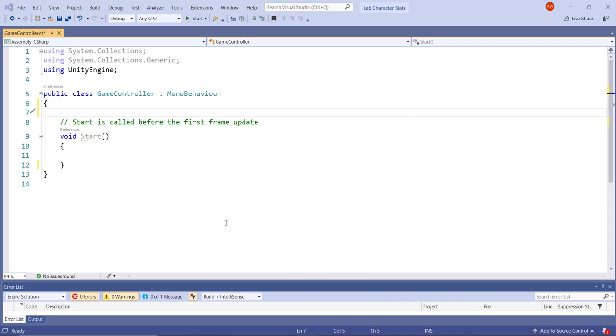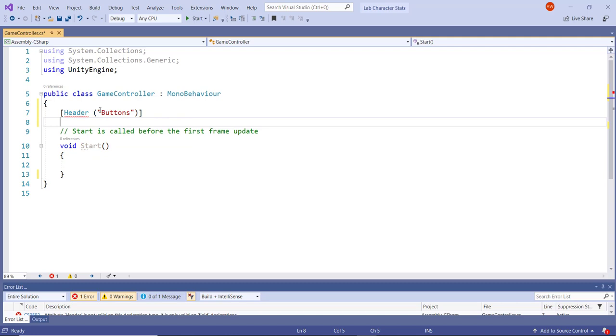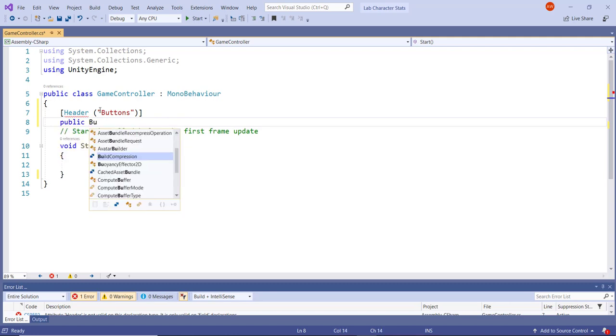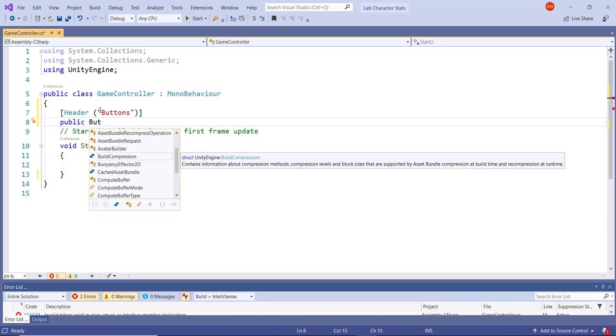So let's get a reference in Unity, and let's maybe use a header for it. I forgot my parentheses. We're going to type in buttons for the name of the header, and then underneath we're going to have the couple of buttons that we're going to use. So the first one would be, and of course when I type button,